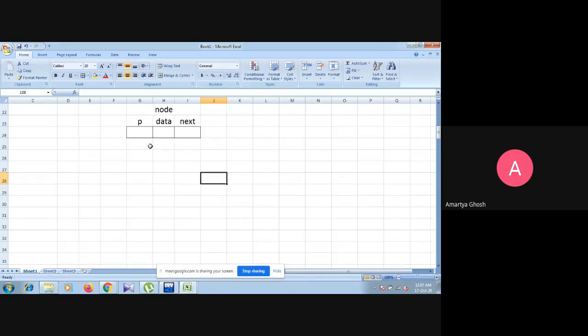But here we add another member, that is priority, because every time a data item is inserted in the list, it will be placed according to its priority. So priority should be contained within that node.